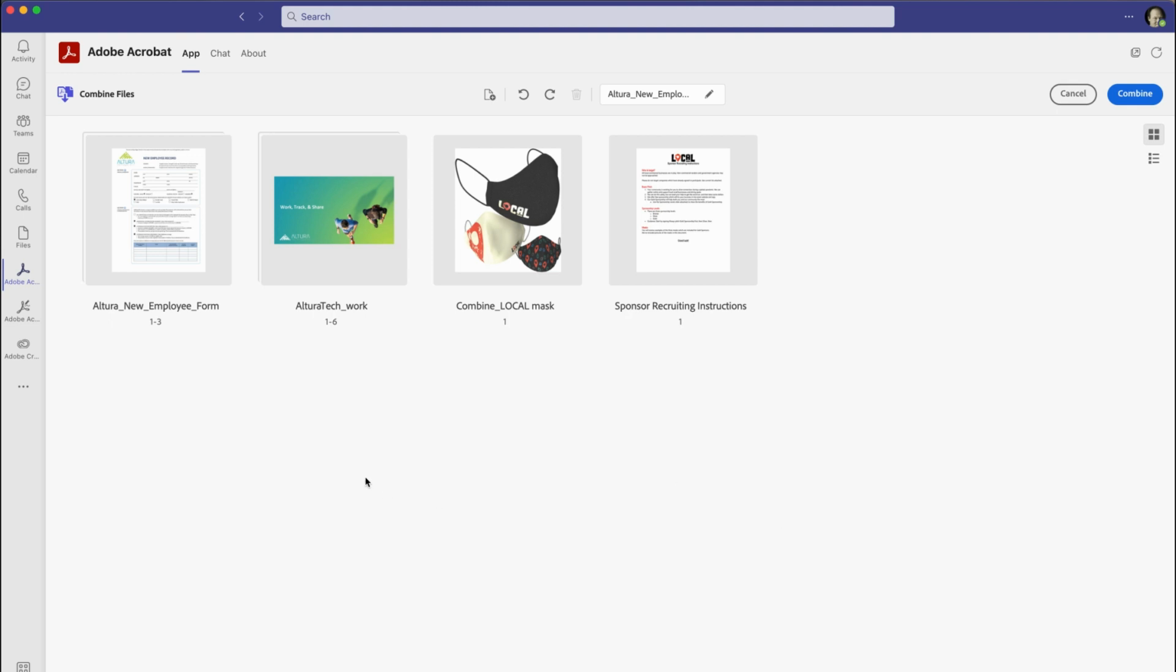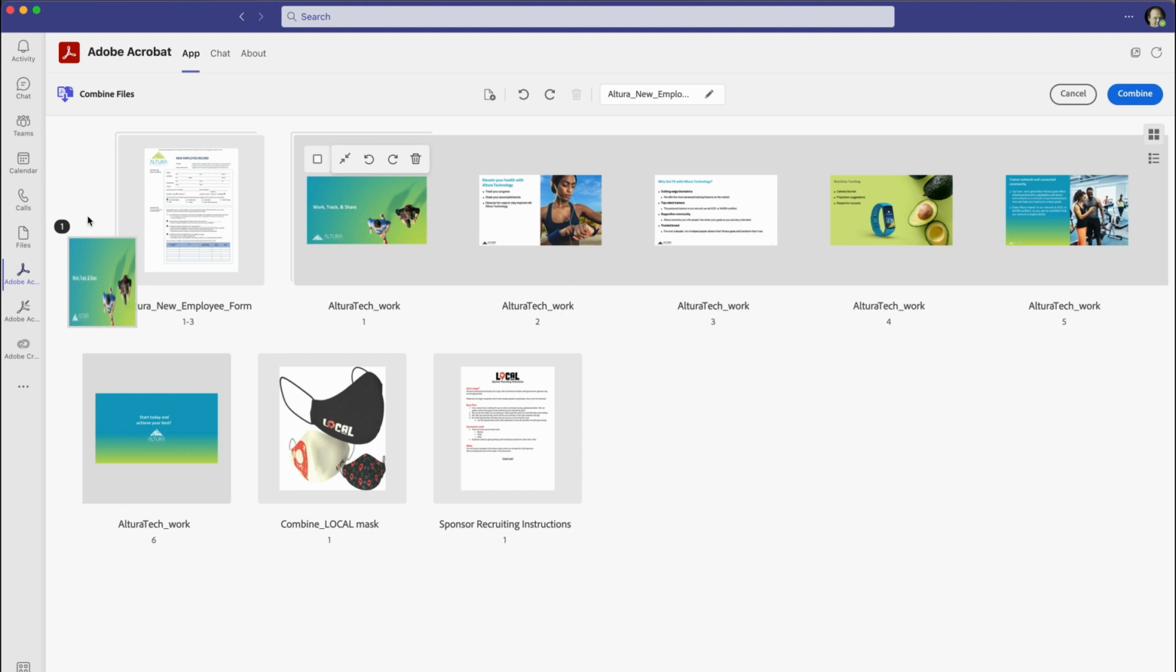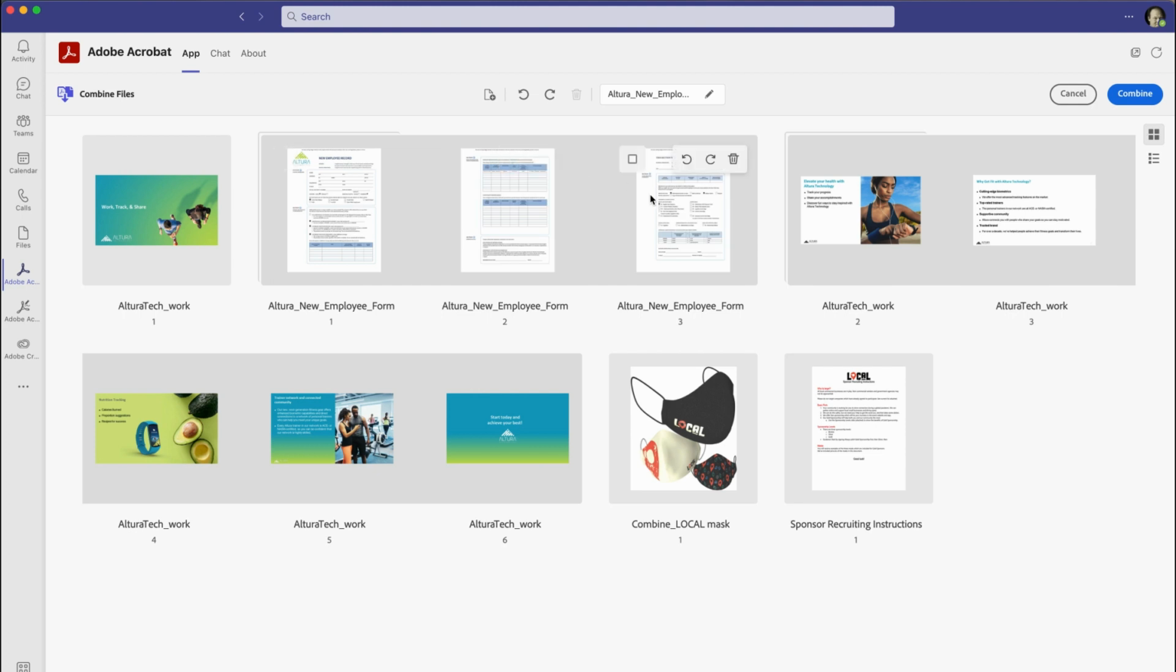But before I do, I really want to mix it up a little bit. What I'm going to do here is take some things out of order. First, I'll open this file. This is a presentation, and it's got a nice opener slide. So I'm going to grab it and just drag it to the beginning of the overall document. And here we go. And now this file will be in front of these 3 pages of a file,